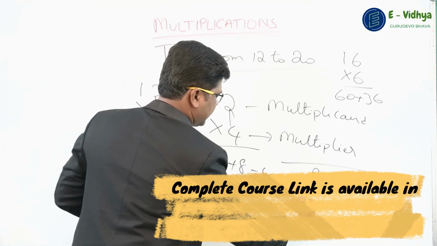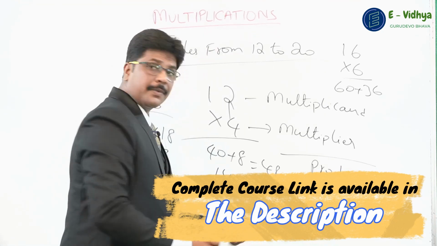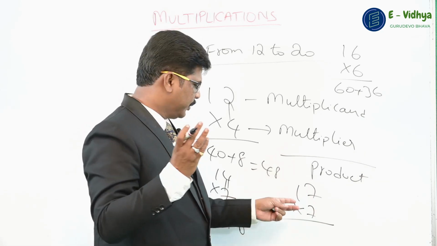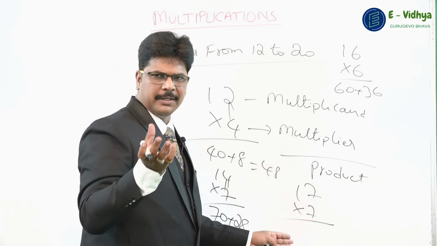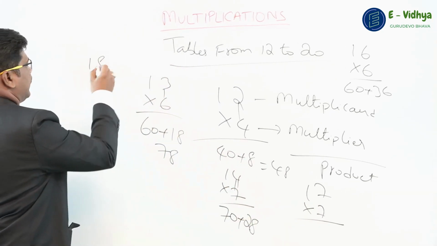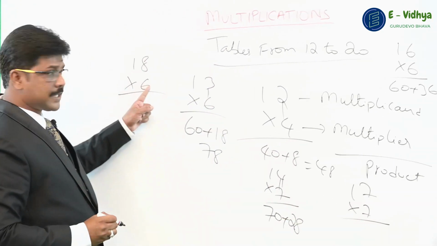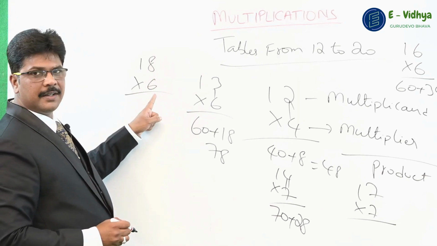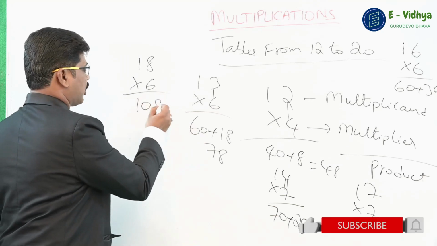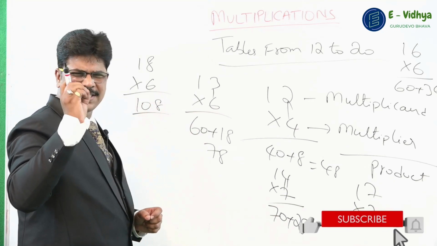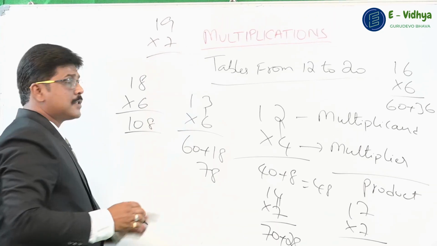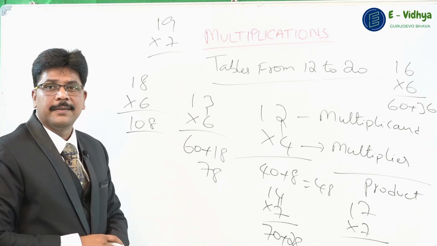If you get a number something like 17 sevens, so 70 plus 49, 119. You should get that ability just by seeing the table. You should be able to guess the answer in a flash. Okay, something like 18 sixes. So 60 plus 48 is 108, right? As simple as that. So you just get the answer directly. All this must happen in seconds. Like if you get something like 19 sevens, so 70 plus 63, 133.